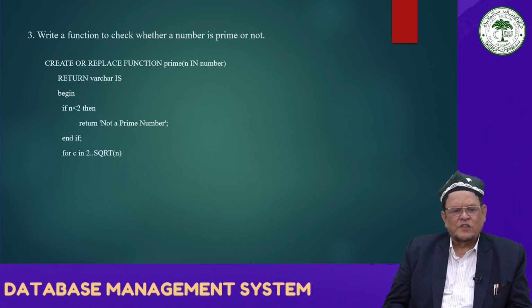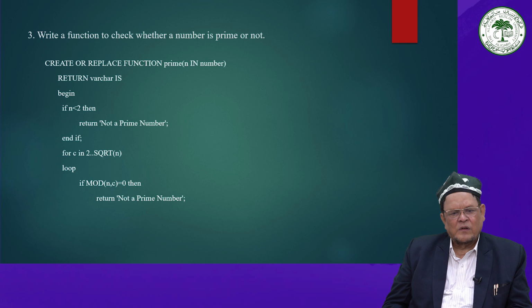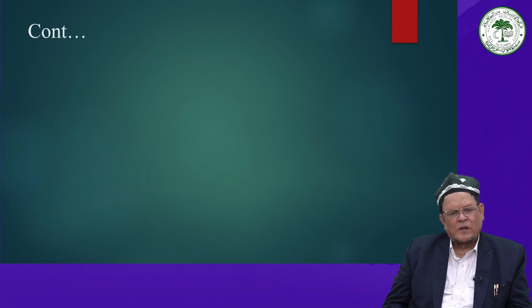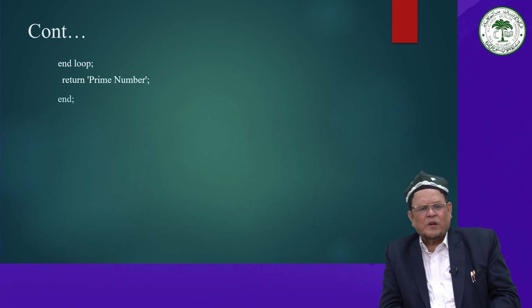Then you have to write c is equal to square root of n. Then you have to write a loop, if mod n c is equal to 0, then return not prime number, and end if. In the loop return prime number,